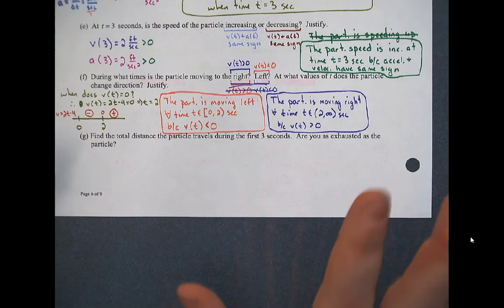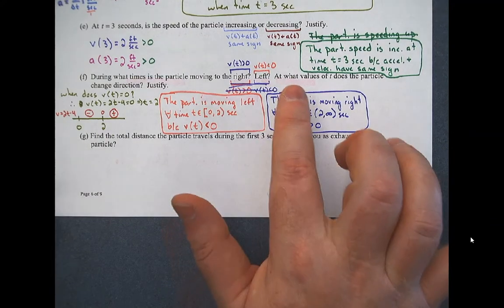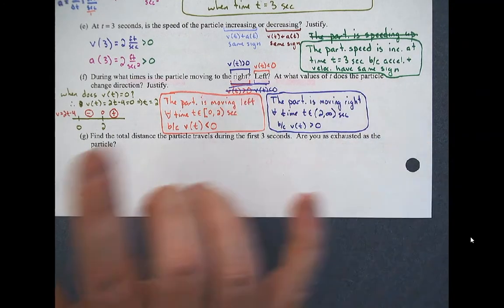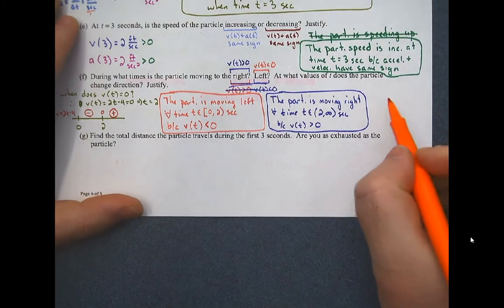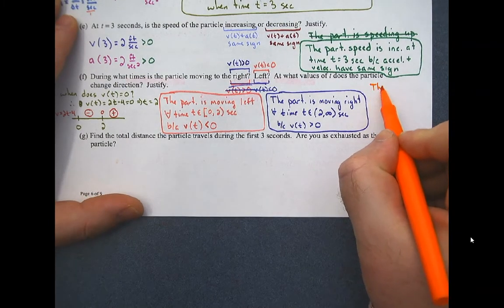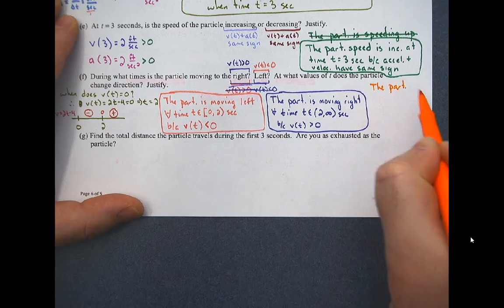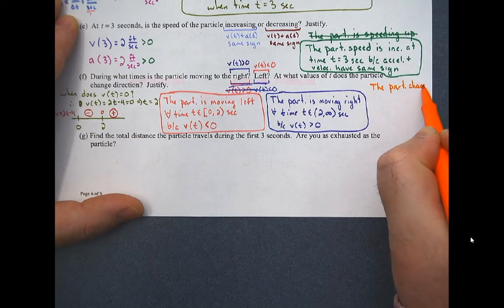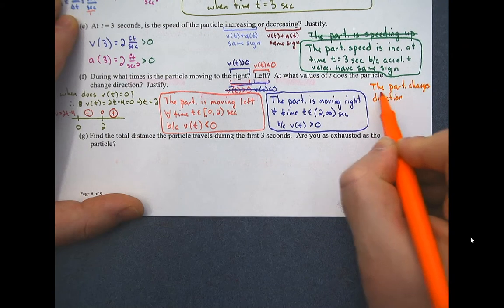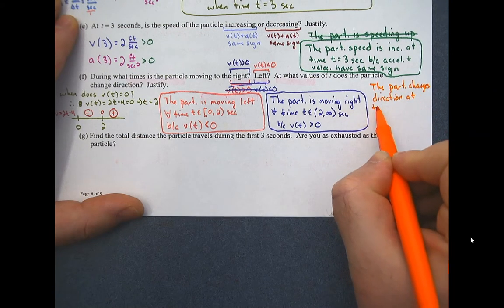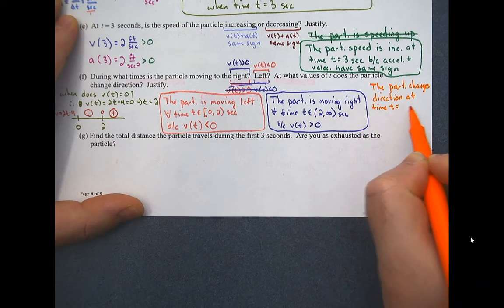Okay, now notice we're not done. This was 3 questions. At what values of t does the particle change direction? That's when you're going to switch from having a negative velocity to a positive velocity, or vice versa. So my write-up would be: the particle changes direction at time t equals 2, because,